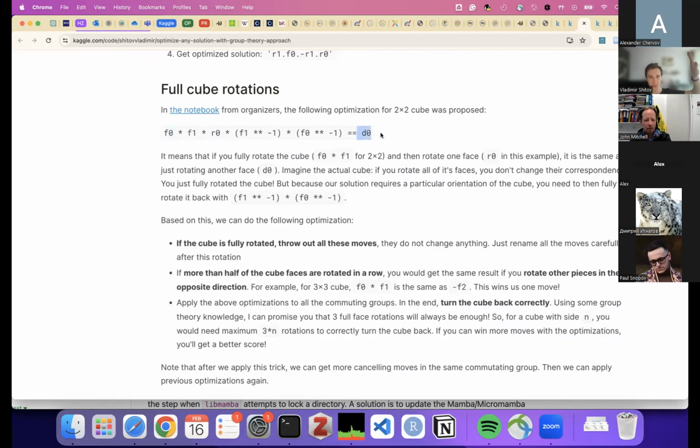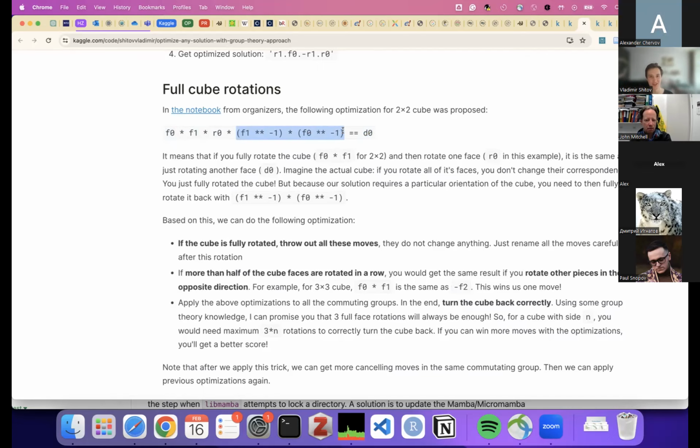You change this to D0. And then in the very end of the solution, to correctly rotate the cube, because this is important, you apply these moves. So instead of this sequence of 5 moves, you would only have D0 and the opposite moves. I hope it is clear. If it's not, please let me know.